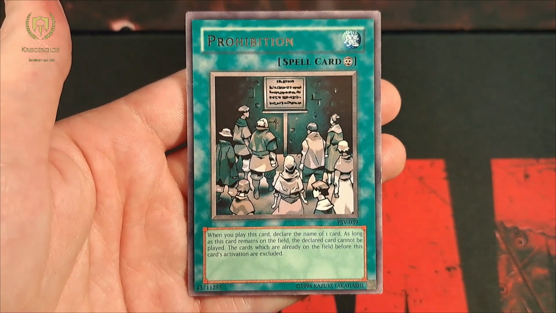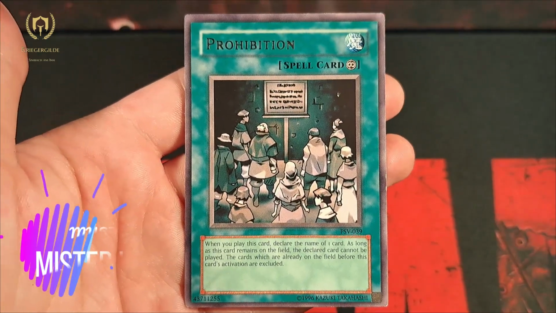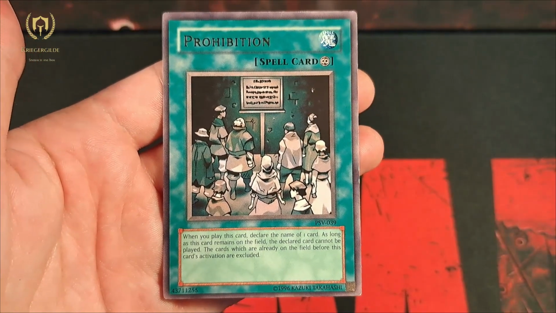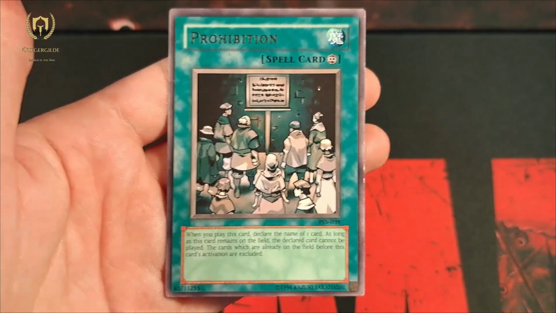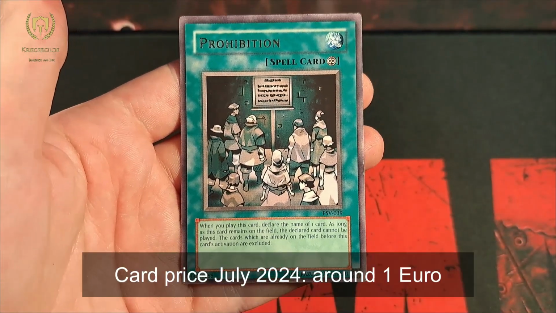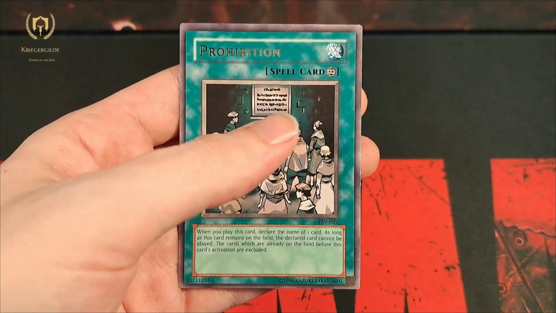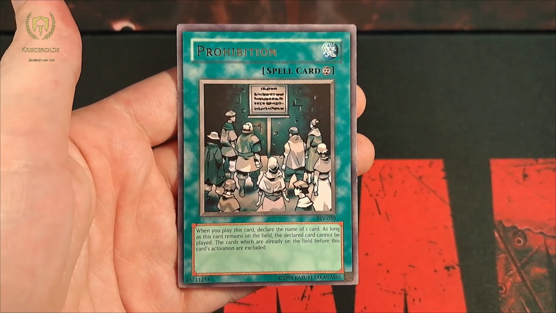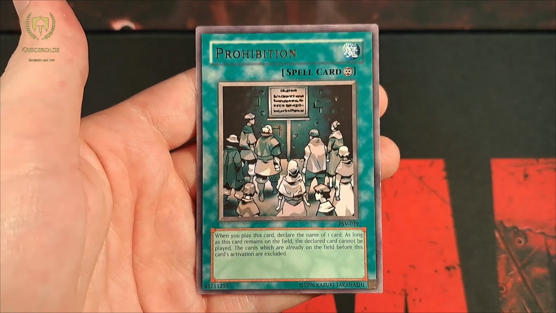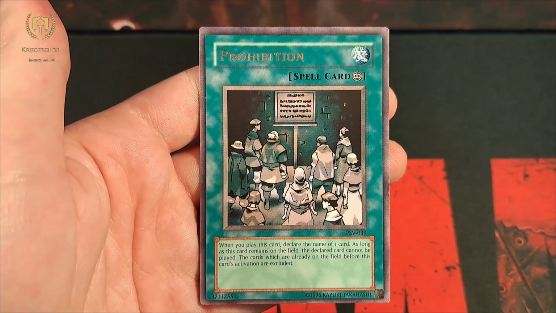So basically, you call the name of any card you like, for example, Ash Blossom. You have to call the complete name, okay? Otherwise, some people pussy around and say you didn't say the full name. That's it. Its name is not just Ash Blossom, the little fuckers. And then he cannot use this card as long as this card Prohibition is on the field. For the recent events, you just call Fiendsmith Engraver,